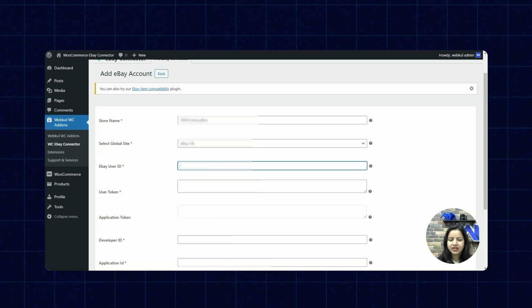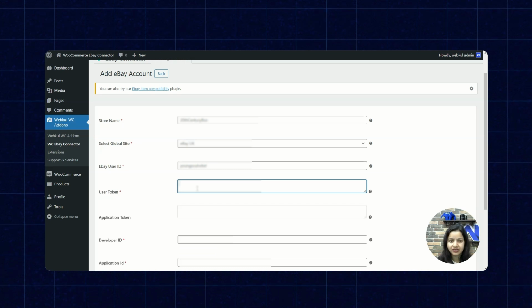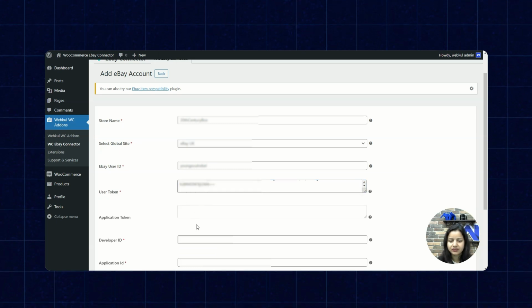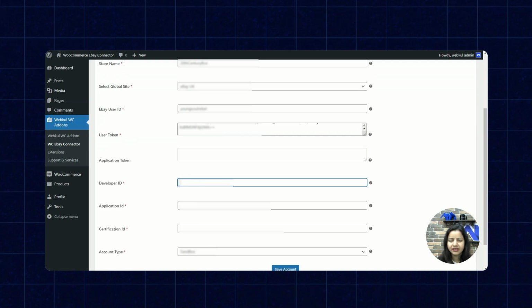Then the eBay user ID. Next is the user token that we have copied from our eBay developer account. We will use that same user token here. Next is the developer ID here.